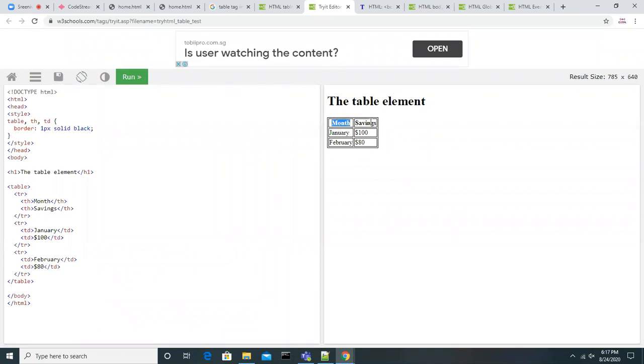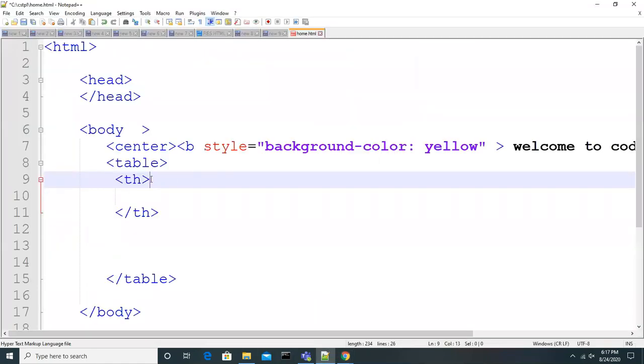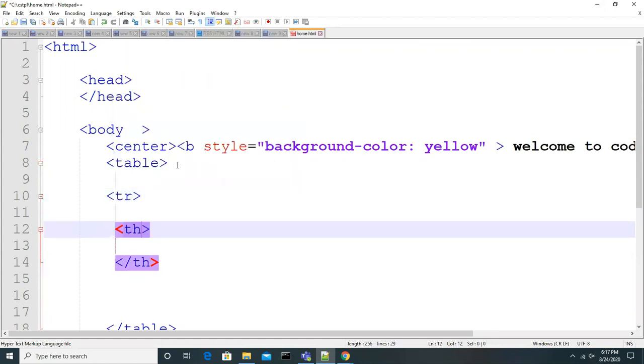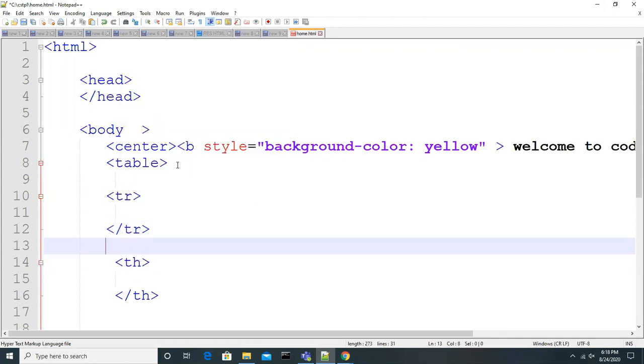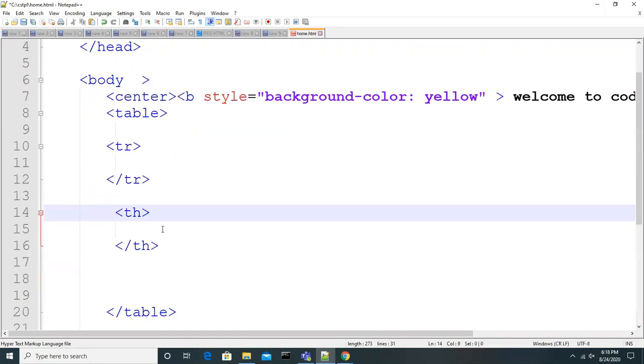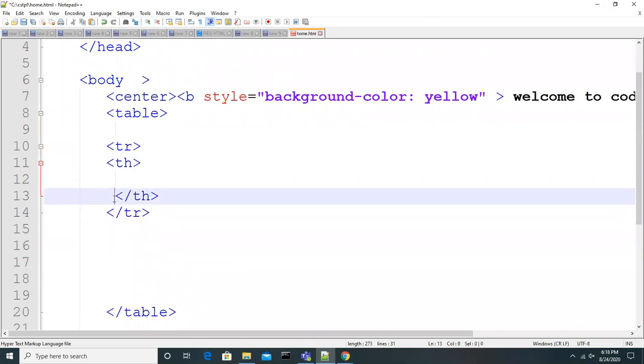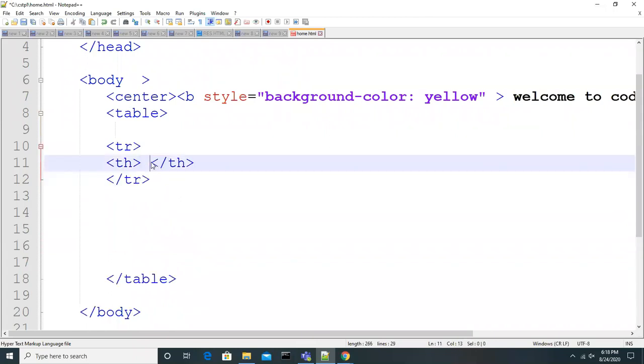Month and savings are the headers. If you want headers, you can use th, and for values you can use td. Each thing is a row in the table. All this work is done by front end developers, guys, not back end developers. A front end developer is who does the web designing and designing of the pages. But you should know the basic stuff as a Java developer, so I'm just taking some basic stuff here.